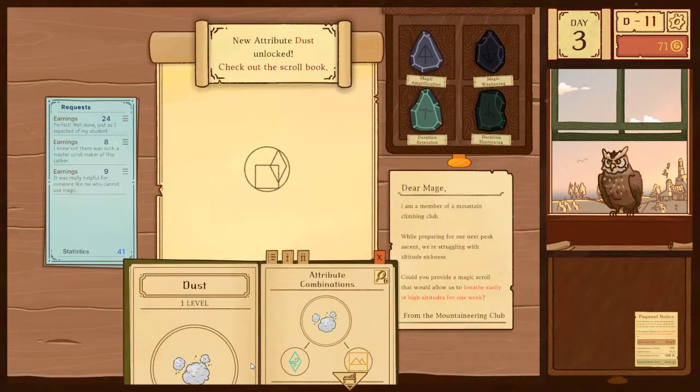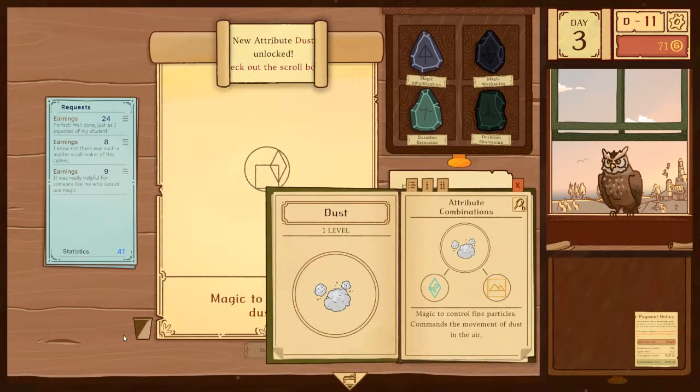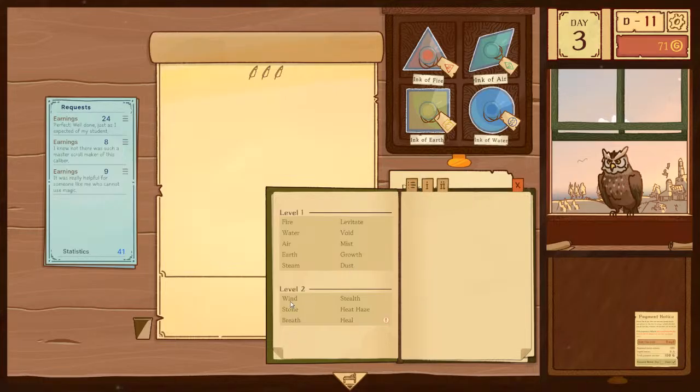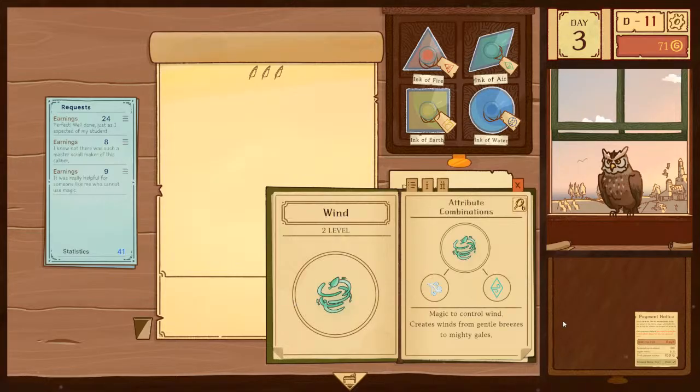Stalactite. Dust. Wind. Stone. It's level 2. Going down here already. Oh, breath is level 2. Alright. Oh, why's my mouse being weird? Stone.